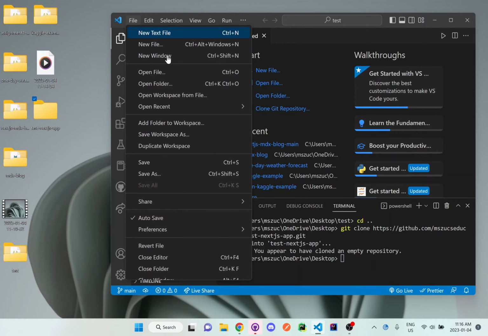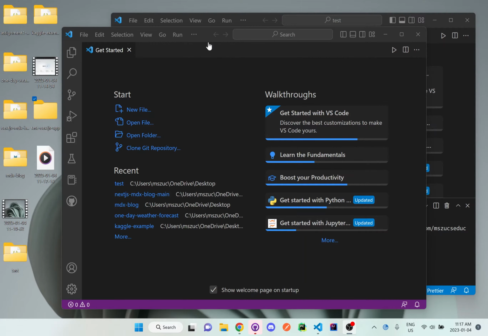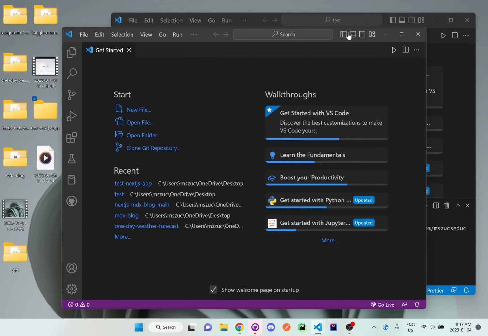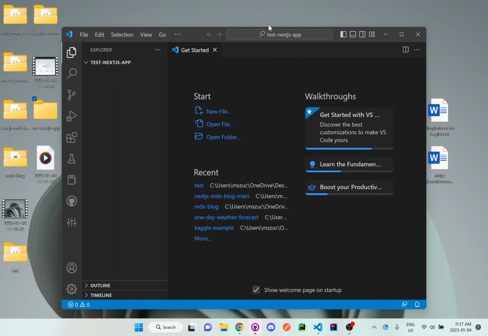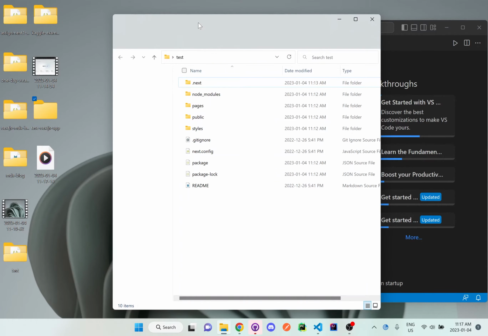I'm going to do a File, New Window. Now what I want to do here is just drag and drop this folder into this new window, and I'm just going to close the old window, because it should be empty at the moment, the cloned folder, but what we want to do is actually open up both of these folders, and I'm just going to copy and paste it into the empty folder.